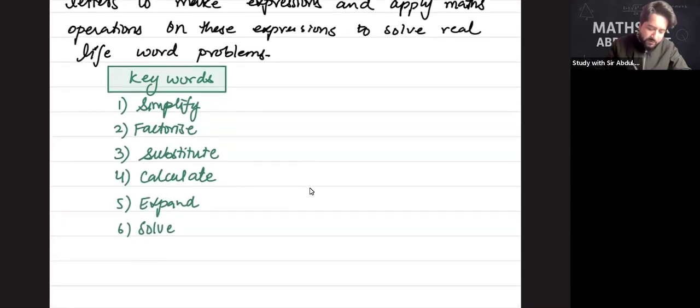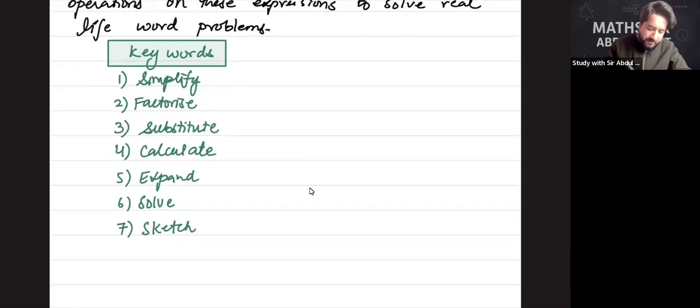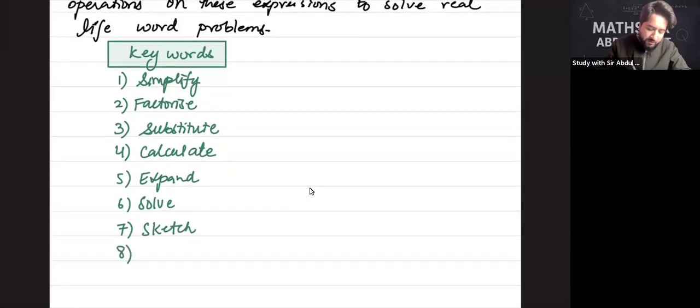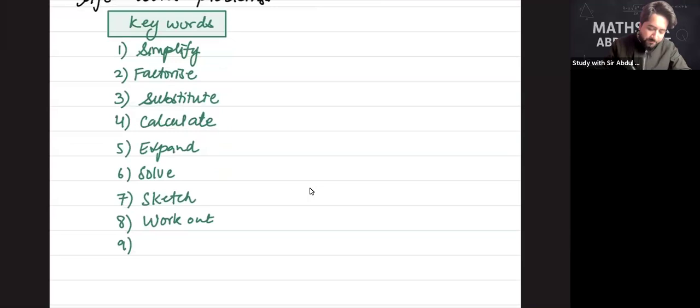The seventh keyword of this chapter is sketch. The eighth keyword would be work out. And the ninth keyword would be rearrange,